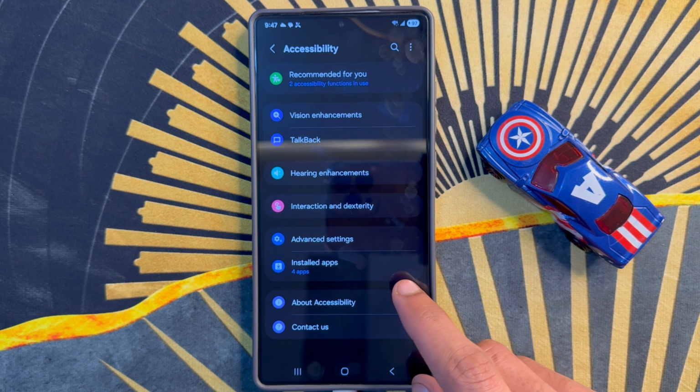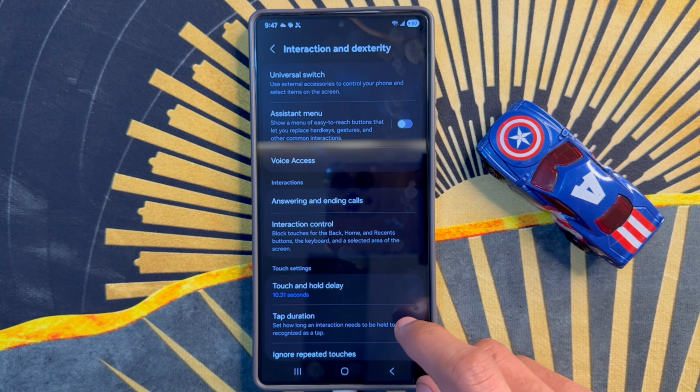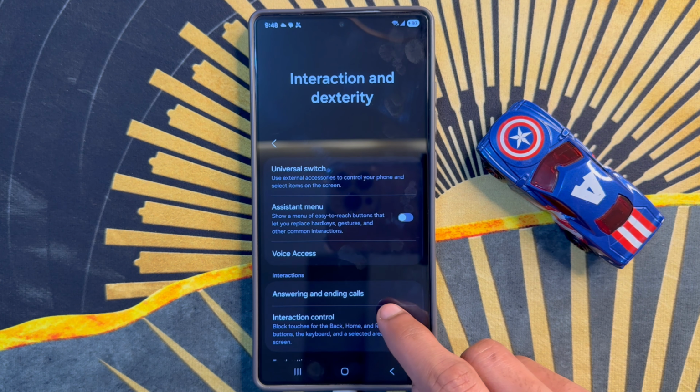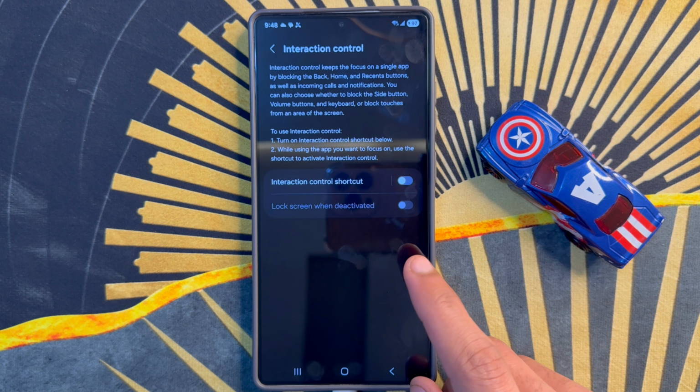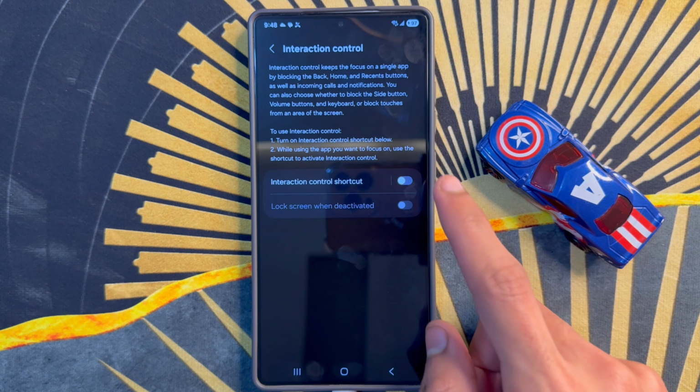Now here, click on interaction and dexterity. So after clicking on interaction and dexterity, click on interaction control. So after clicking on interaction control, if you want to block the whole screen